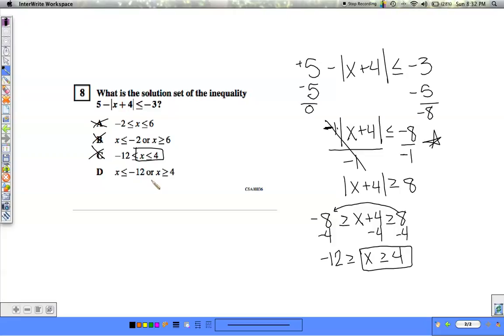This only leaves us with D, but just to make sure, we can look and see x is greater than or equal to 4, x is greater than or equal to 4. The answer for number 8 should be